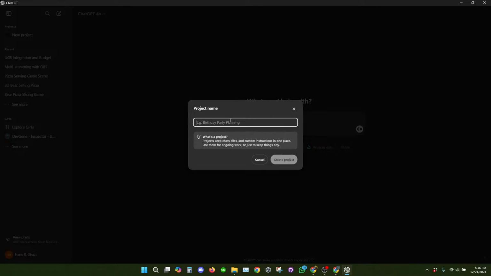It's kind of a folder type thing where you can keep all the chats for a similar project in one group. So yeah, we will name it 2D Dino Game. It's creating a project now.